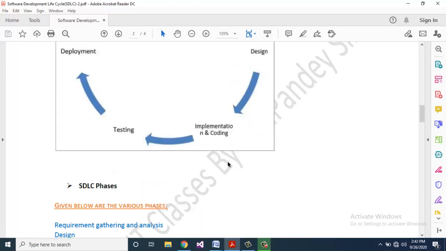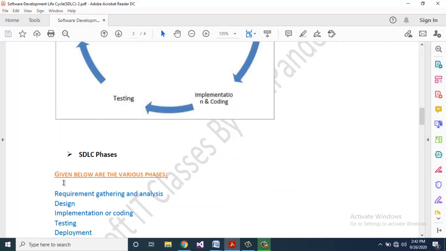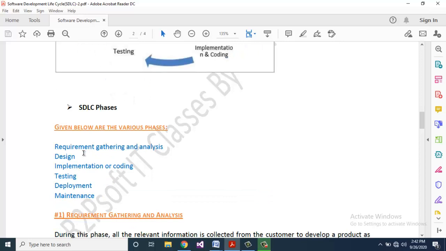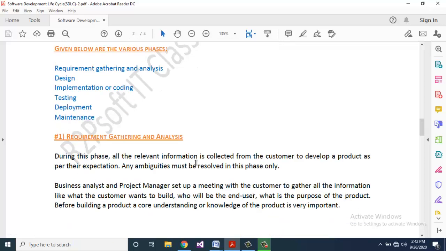SDLC phases. Given below are the various phases: requirement gathering and analysis, design, implementation or coding, testing, deployment, maintenance. First one is requirement gathering and analysis.